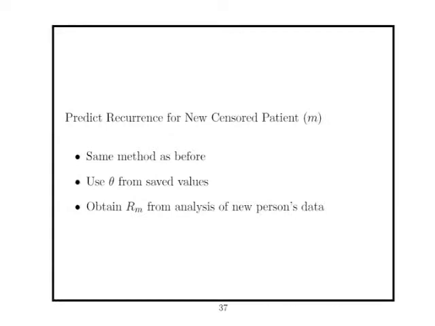That was all if that patient was in the data set, because I'm grabbing stuff I've saved for the random effects for patient-specific information. But a new patient, Mr. Smith, isn't going to be in the data set. So we need a scheme which calculates the probability of recurrence for a new patient. It's the same method as before, those sums and integrals. I have some things saved from the training data set, the population parameters for gammas and omegas, but I have to create the random effects for that person's data.